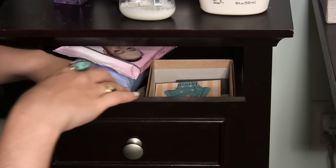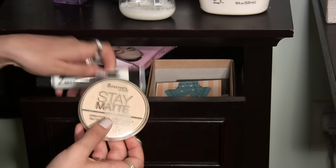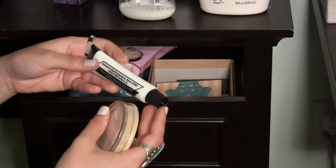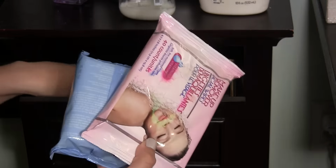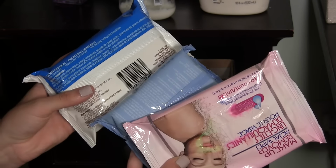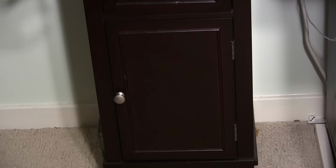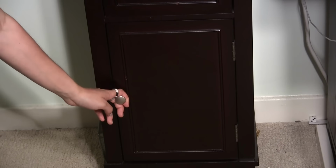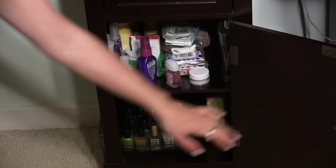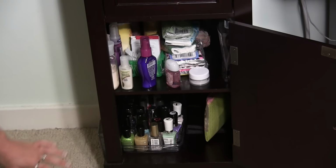In this space right here, I just have a backup of my Rimmel Stay Matte Powder, and I have this Halloween costume face paint. Then right here I have 3 packs of makeup wipes, just so that when I film videos I can take swatches off. And the drawer below just has some hair gel in it. And then this last little compartment opens up, and in here I have my body sprays, lotions, and then